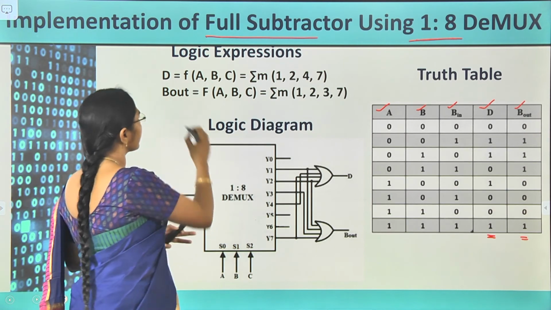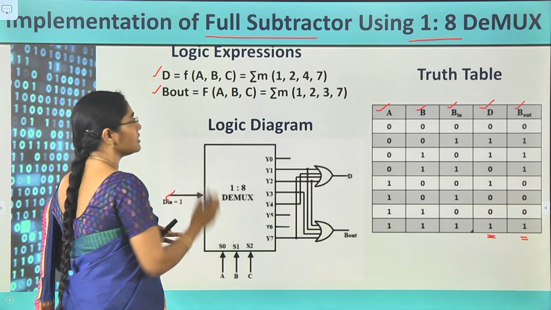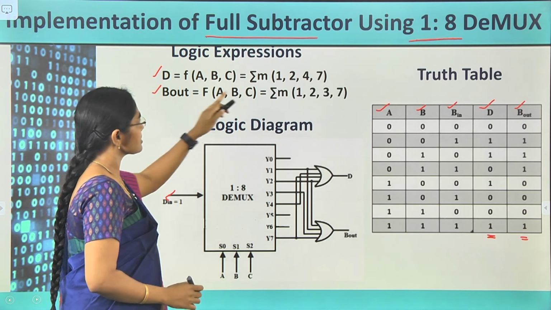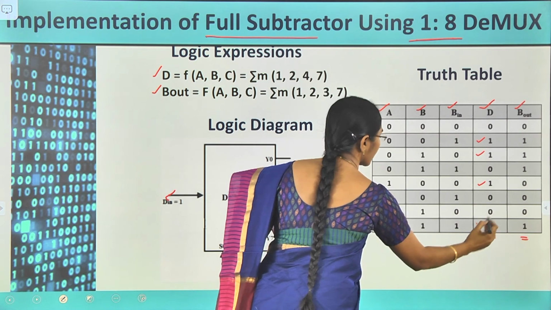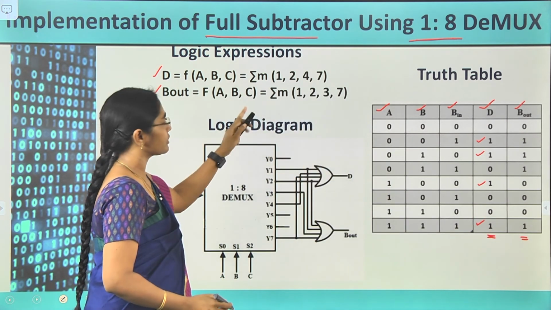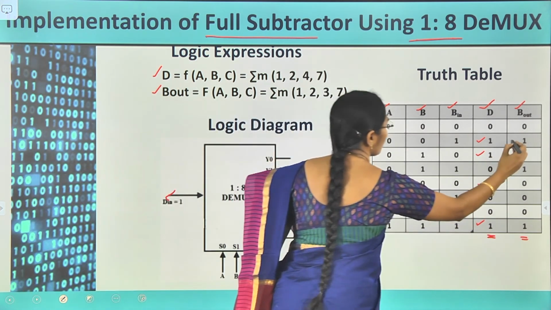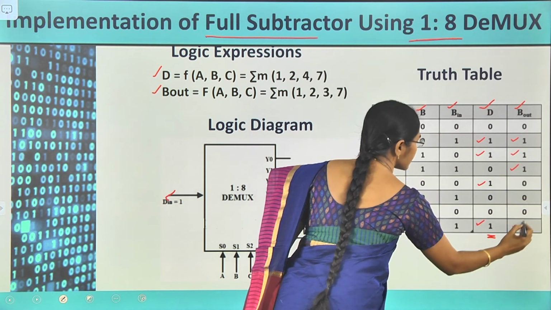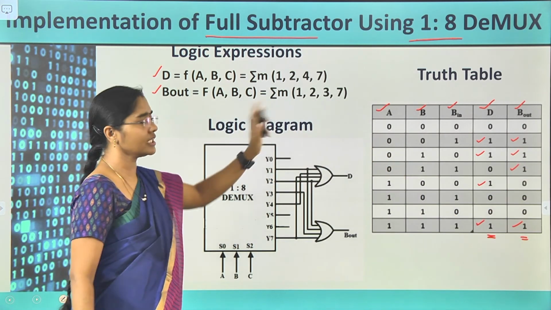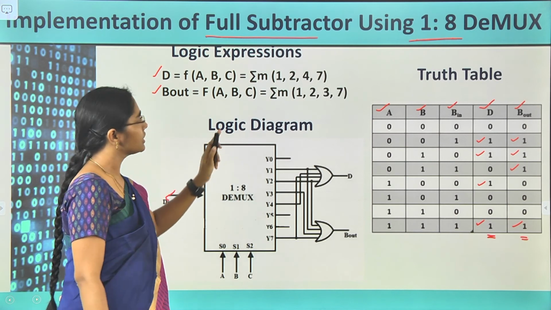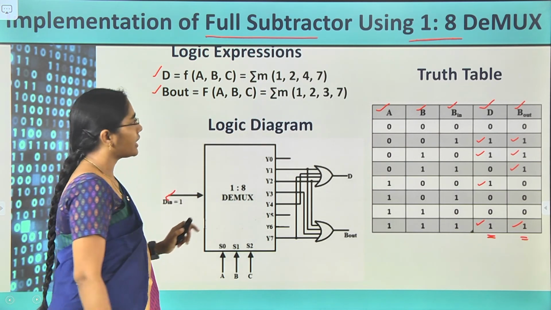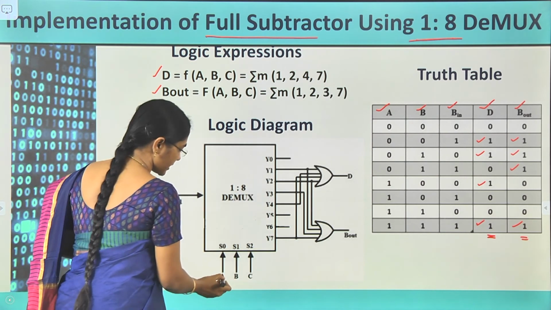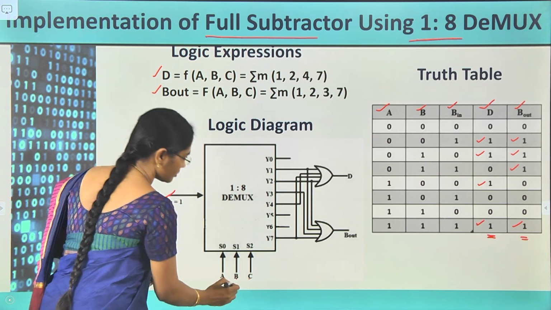From this, we can write logic expressions for the difference and borrow out. The difference is equal to sigma m of the minterms 1, 2, 4, 7, and the borrow out is sigma m of 1, 2, 3 and 7. So, by having this, take a 1:8 demultiplexer, and the 1:8 demultiplexer selection signals have to be connected to the inputs